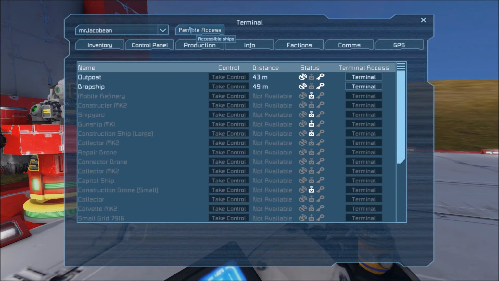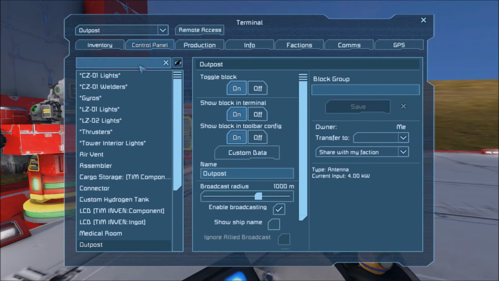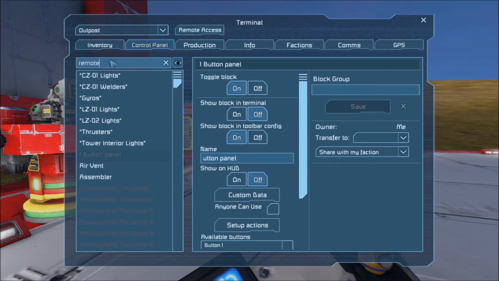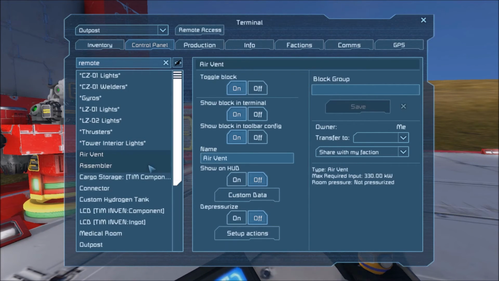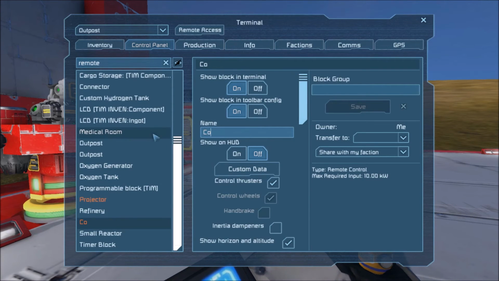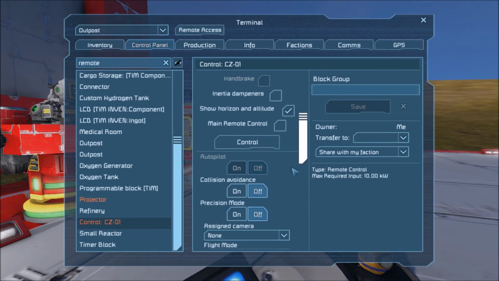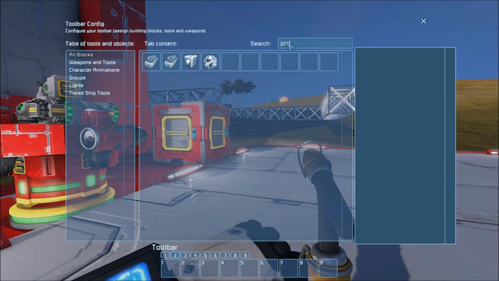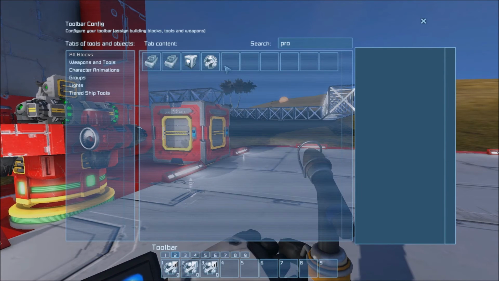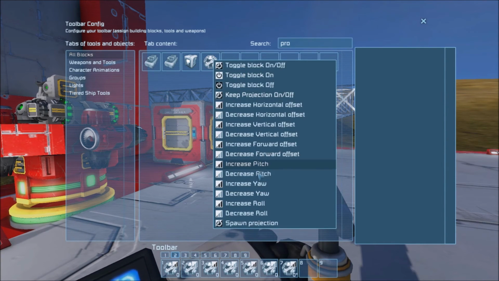So what we want to do is remote access and then take control. So we want to go to outpost. We want to go to remote control. We want to find this guy and then turn him on. And then we want to go down, remote control, control CZ 01. Okay. And then we want to go to control 2, and then we set up the projector stuff. So we want increase and decrease horizontal, the verticals, and the forward and backward. And then we want to increase pitch, decrease pitch,